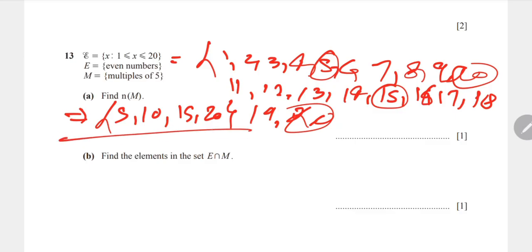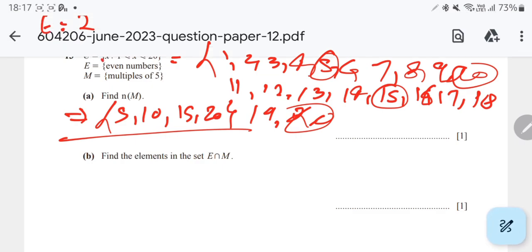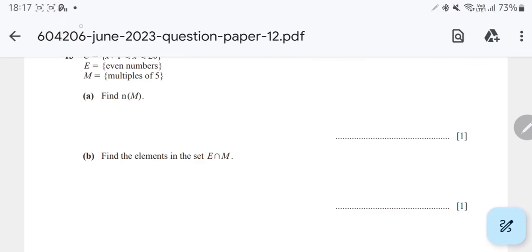Okay, the first one is done. Find the elements in this set, E intersection M. So for this we need to find out E. E is what? All the even numbers. So the even numbers are